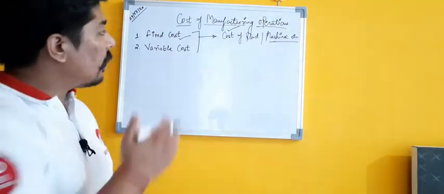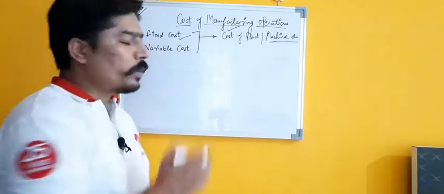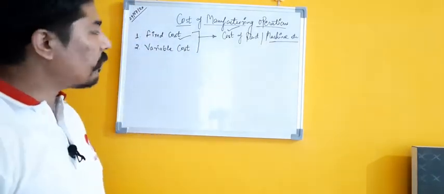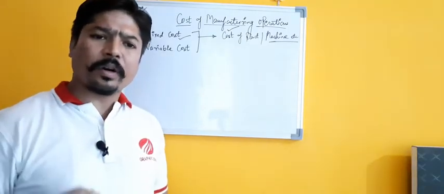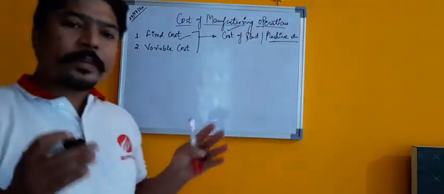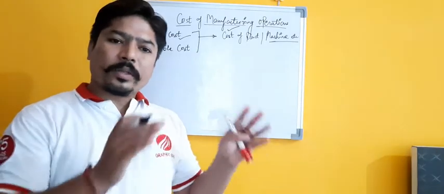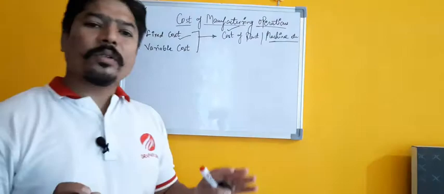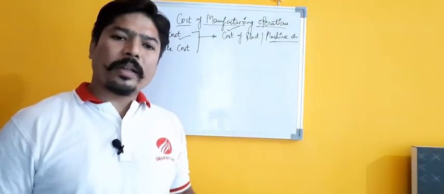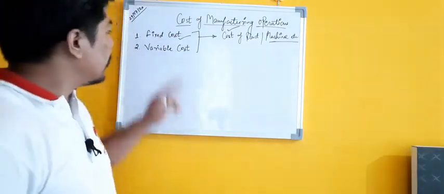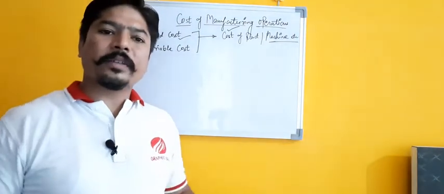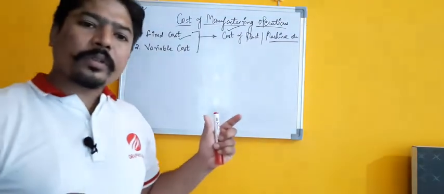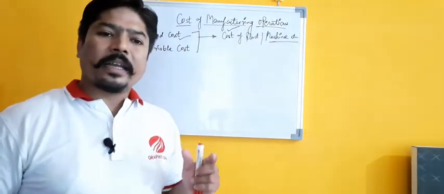You can see that this type of cost is calculated on an annual basis. It means that for a certain type of product or component, we need certain types of machines, and certain types of process layout and manufacturing layout. So this is done on an annual basis, or maybe a quarterly or half yearly basis, but these are one time costs associated with that particular component or plant. So that type of cost comes under the category of fixed cost.